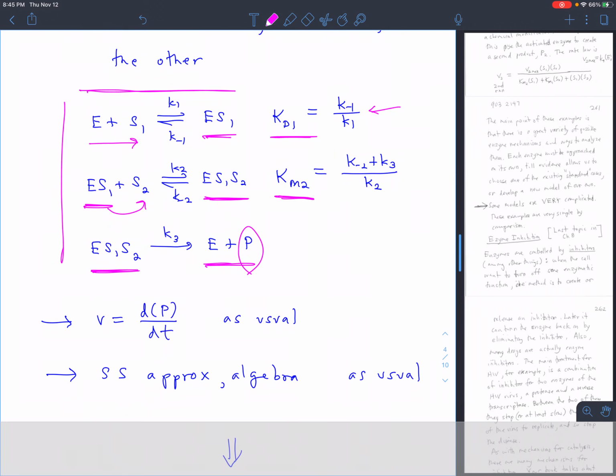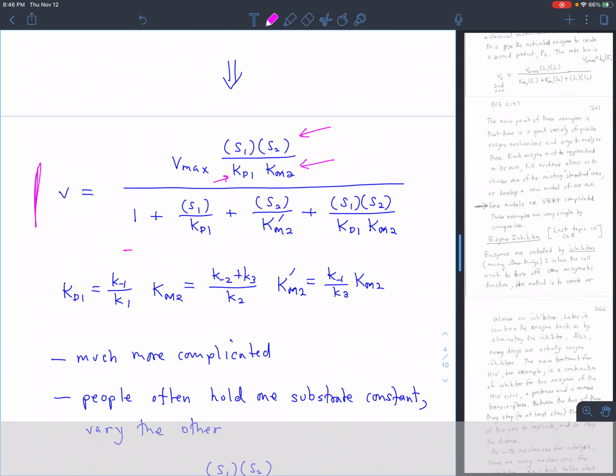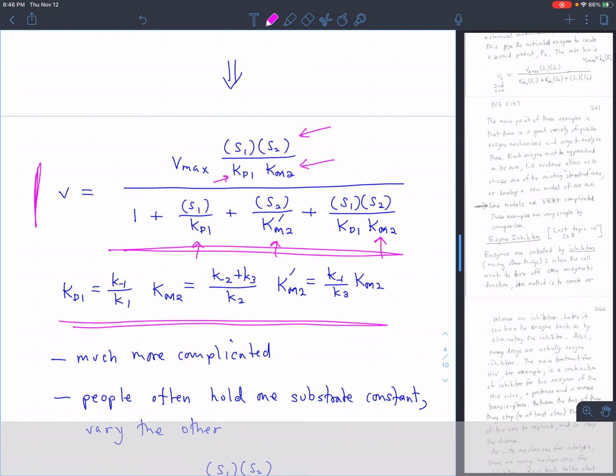The second quantity or parameter is Km2, which is a lot like just a standard Km from normal Michaelis-Menten kinetics. And now you can see again you get this more complex expression that depends on a Kd value, a Km value, and then another value in between that isn't really either of those. Here's all the definitions of them. And so you get a much more complicated expression, but you can derive it using